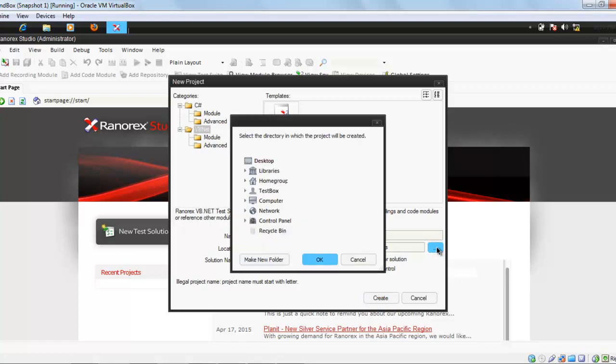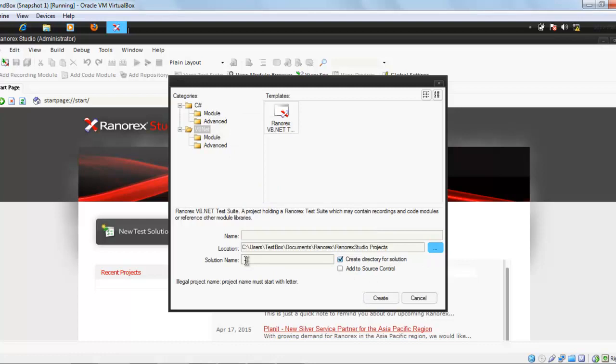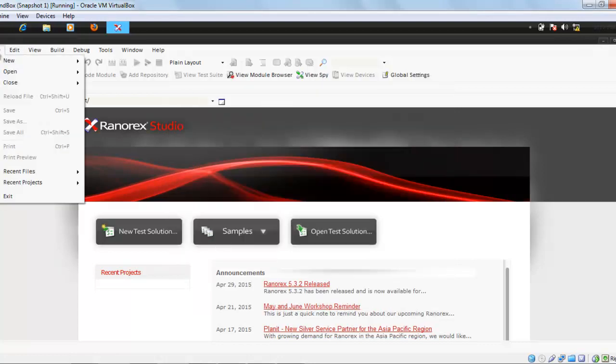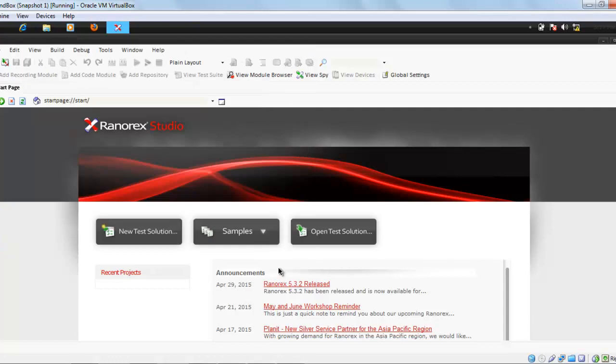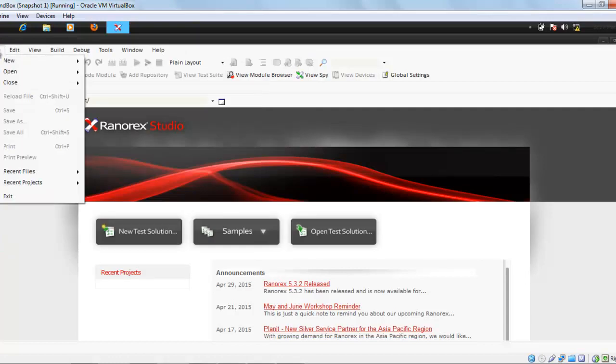You can change the location, solution name and create. Second thing, you can also open the project solution from your PC location. You can also view the recent files or recent projects. You can either close this one by clicking on close or exit.